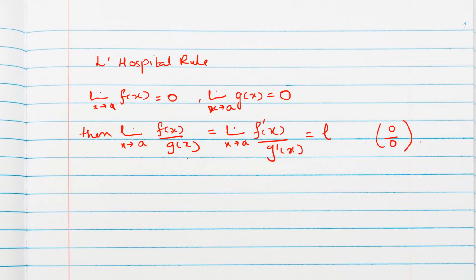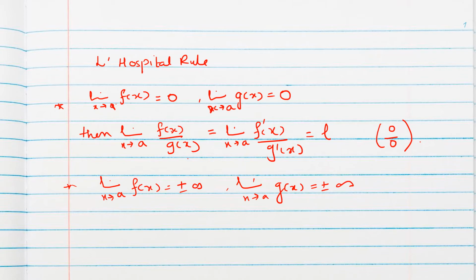In the normal or simple method we used to do this type of question by substitution method, but if we want to do it directly we can make use of L'Hospital rule. This is for 0 by 0 indeterminate form, and the second case is when limit x tends to a, f of x is plus or minus infinity, and similarly g of x is also plus or minus infinity.